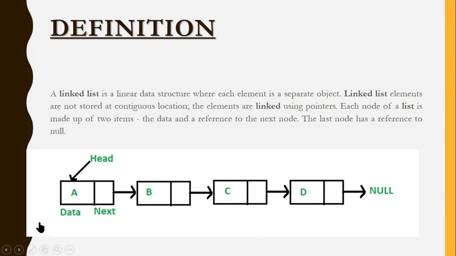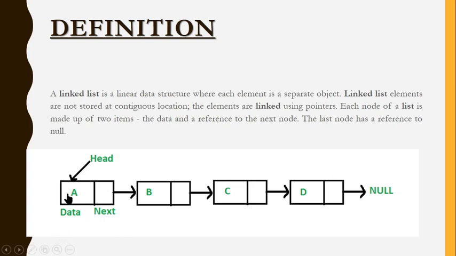So how is it connected? I told you we have two partitions. The first partition is for storing the data, and the second partition is going to store the address of the next node. And how is the address going to be assigned for all the nodes? Because all the nodes are going to be created as a pointer. If I call this node, this is nothing but a pointer. So every pointer holds its own address. That's how the address has been connected with each and every node.